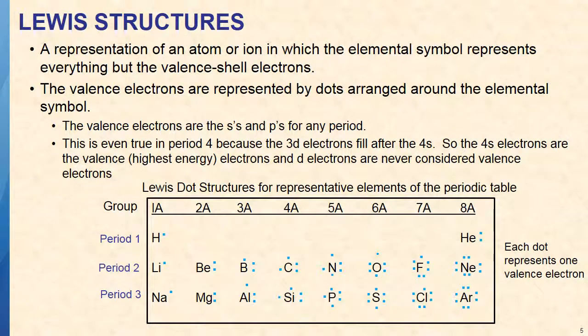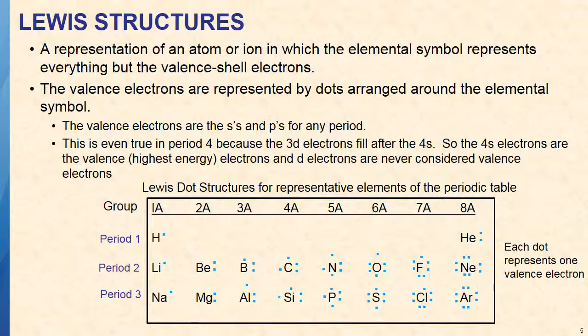Okay, so a Lewis structure is a very simple representation with the valence shell electrons shown. You can see that group 1A has 1 valence electron, so we have 1 dot. Group 2A has 2, 3 for 3A, 4 for 4A, 5 for 5A, etc. Technically speaking, there's no wrong way to put the valence electrons around the element symbol. We like to keep them in pairs, so you can see that we put 2 on each side